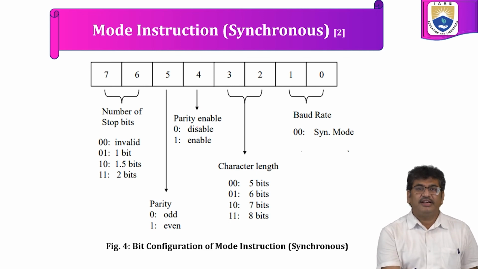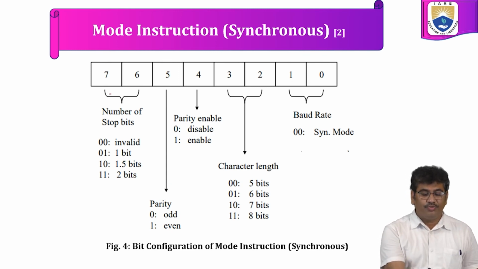The next bit indicates whether to enable the parity or not. So if you configure this bit equivalent to 0, the parity bit will be disabled. If you configure this bit equivalent to 1, the parity bit will be enabled. If the parity bit is enabled, what kind of parity we have to take? Either it is odd parity scheme or even parity scheme. The last two bits indicate